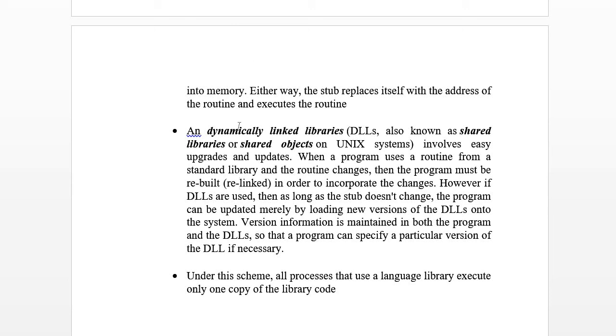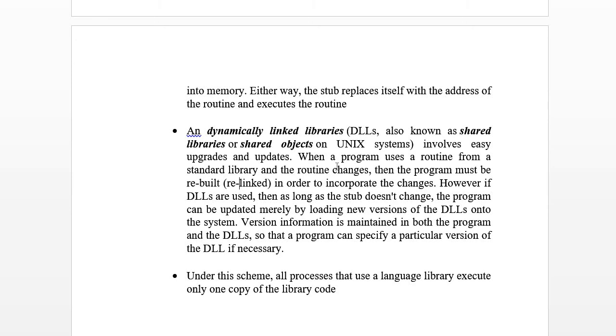Dynamically linked libraries, also known as shared libraries, involve updates and upgrades. When the program uses a routine from the standard library and the routine changes, the program must be rebuilt or relinked in order to incorporate the changes.